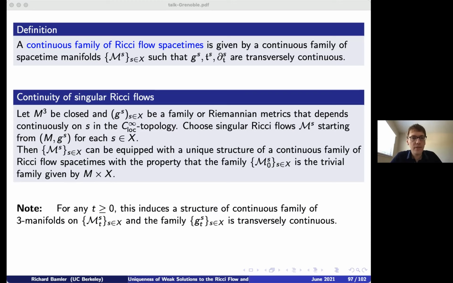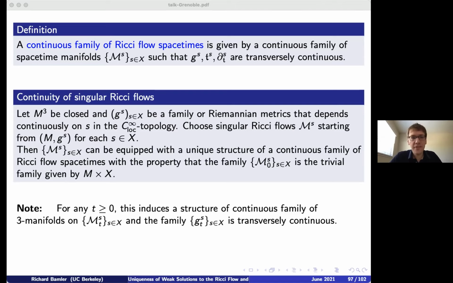And maybe just to recall here, the structure allows us to look at time slices, and for any time t, the structure will induce a structure of a continuous family of 3-manifolds, and the family of Riemannian metrics is going to then be transversely continuous as well. Okay, so this also allows us to look at families of time slices. Okay, maybe I'll pause to see if there are any questions. All right, so